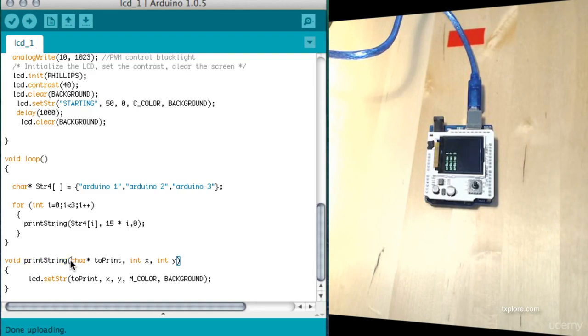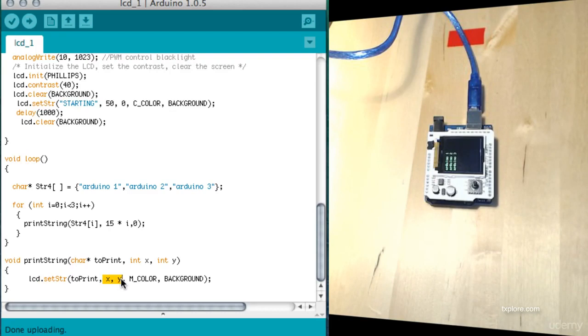So this function accepts a character pointer, which points to the thing that we want to print out, and the position, x and y integers. And we'll use the set string function of the LCD object to print out the text